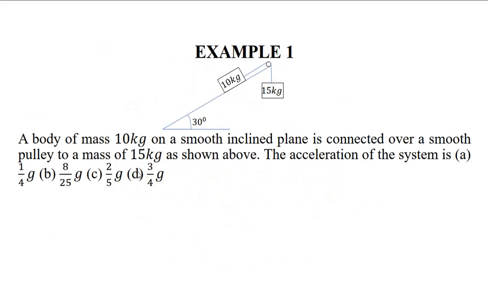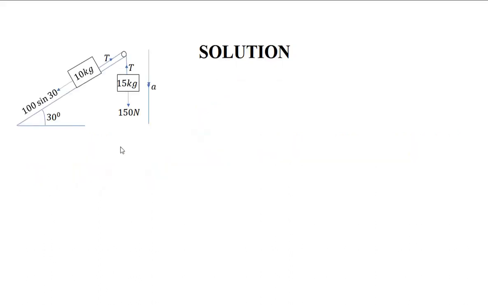Now, let's take an example. A body of mass 10 kg on a smooth inclined plane is connected over a smooth pulley to a mass of 15 kg as shown above. The acceleration of the system is, we are looking for the acceleration of the system. Now, let's go through that. We will have to analyze the body of mass